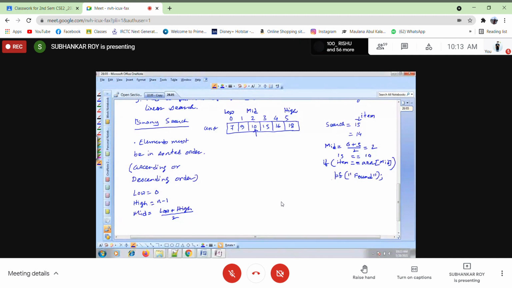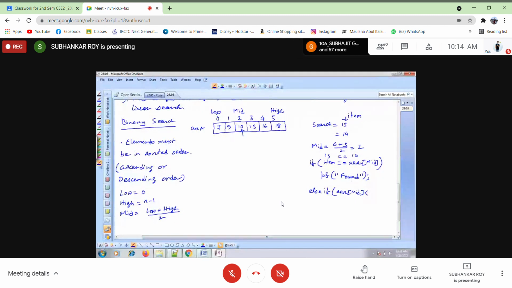Now 15 is greater than 10, so now the condition will be else if ARR mid less than item, then can you tell me what we have to do?